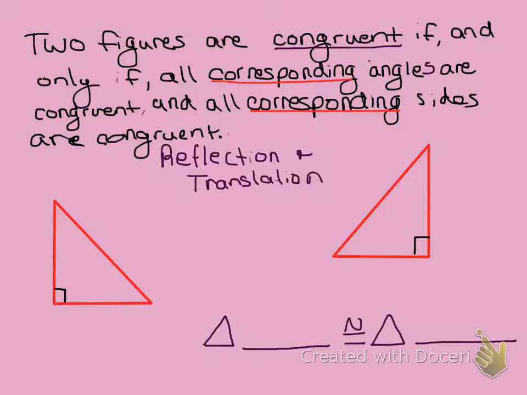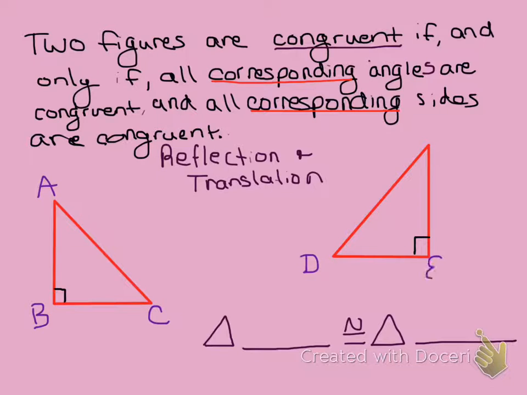So we'll start with the triangle on the left, and let's call that triangle A, B, C. Now, when a figure is translated or reflected, it makes another figure, but that figure has not changed. All it's changed is that it now is flipped a different direction and it has moved up. So we're going to call this one